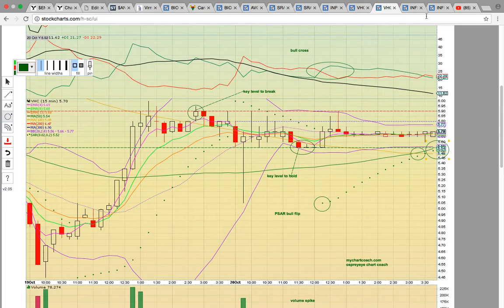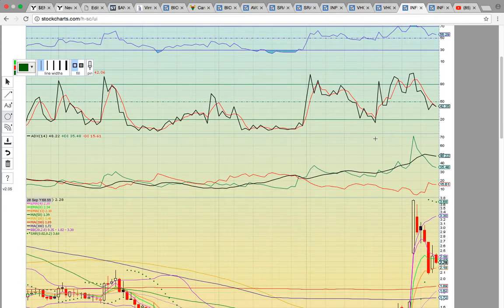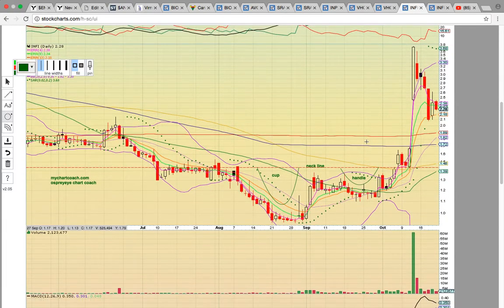So keep an eye on VHC, and then finally let's look at INFI. This is a similar chart to VHC. It had the big move followed by the big pullback. You can see here it had this cup and handle pattern that formed, and then here's the neckline. The close above the neckline in October was the signal that it wanted to head higher. It turned the neckline into support and broke out, and then after the big close above the upper Bollinger Band,